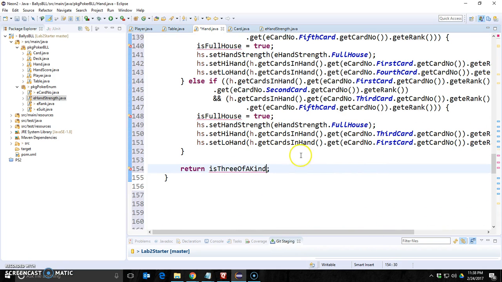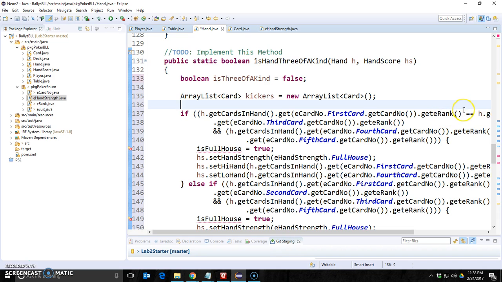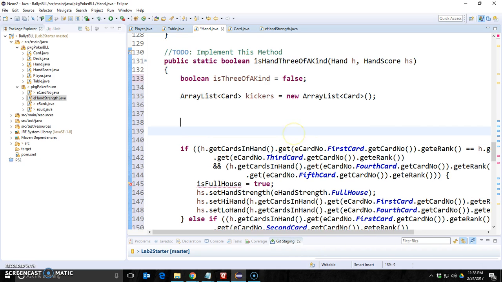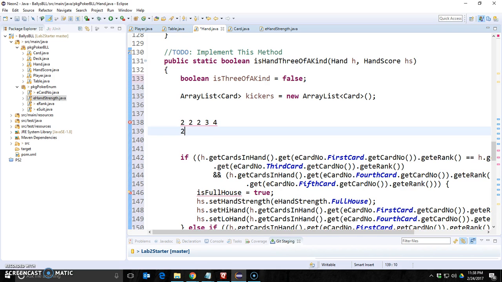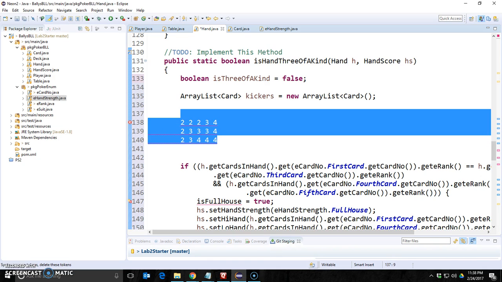And now I'm going to do that, right? Okay, so what do I got? I'm saying the rules for three of a kind. There are three different three of a kinds. If your cards were 2, 2, 2, 3, 4, that's three of a kind. If your cards were 2, 3, 3, 3, 4, that's three of a kind. If it was 2, 3, 4, 4, 4, that's three of a kind. All three of those are three of a kind. So I've got to have